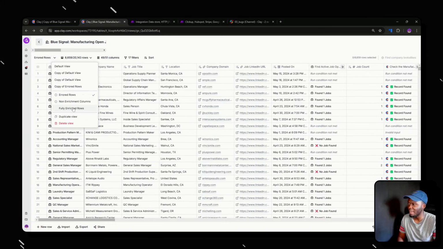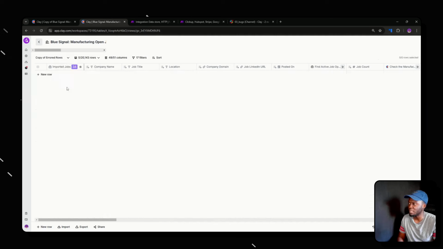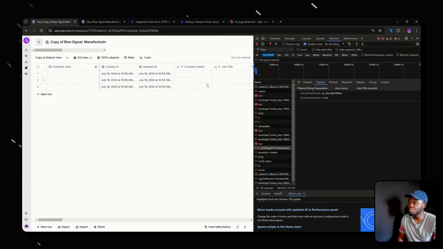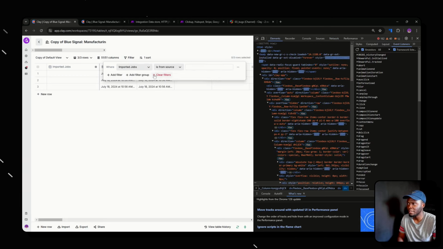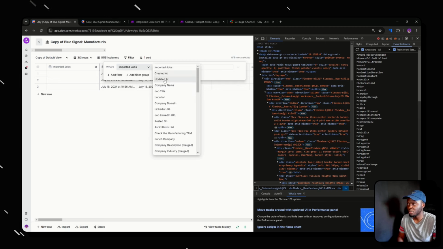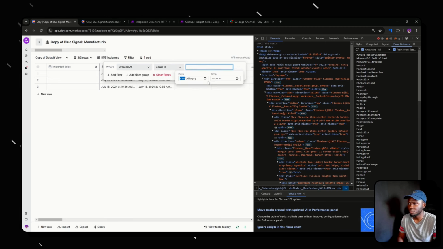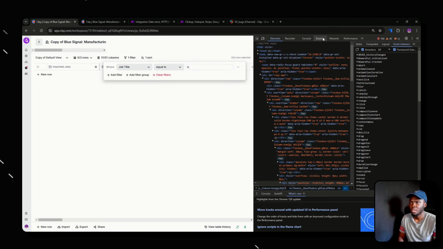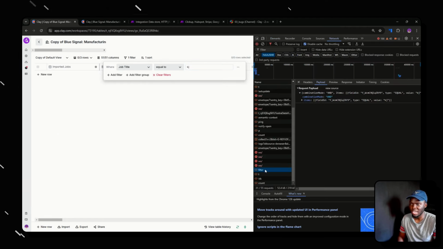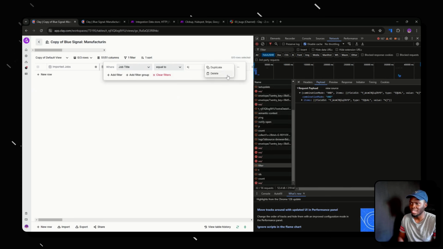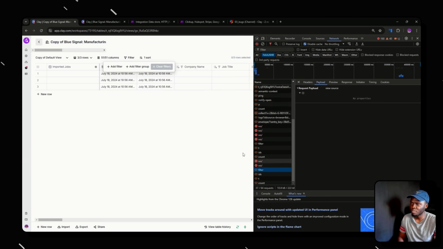And so at this point, we have the errored row, and I've copied the errored rows, right? And so here's what I'm going to do. I'm going to remove the filters via the API just for show, just to show you guys what it looks like. So we will do created at equal to today. Actually, let's do job title equal to KJ. We'll go to network. It's obviously added some stuff over here, and then we will go ahead and delete that. And when we delete it, we're basically going to want to replicate what's over there. And so what is over there is